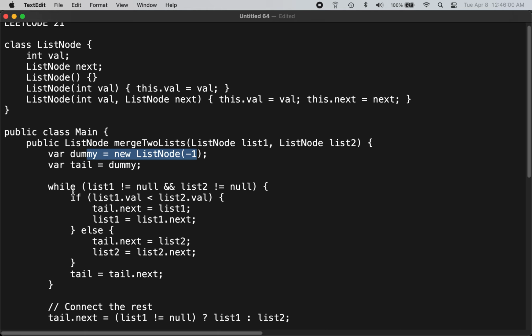So you loop until both of them are not equal to null, and if list 1's value is less than list 2's value, you set tail.next equals to list 1. Here, even though it is an entire list, it's also a node as well, because list1.next is what makes it a linked list. So you assign tail.next to list 1, and then you move list 1 by one pointer by assigning list1.next